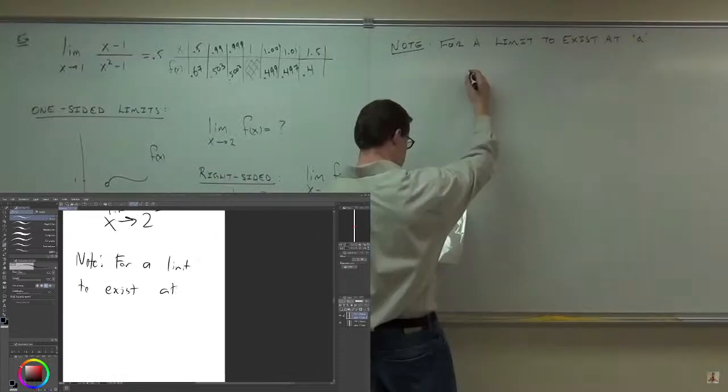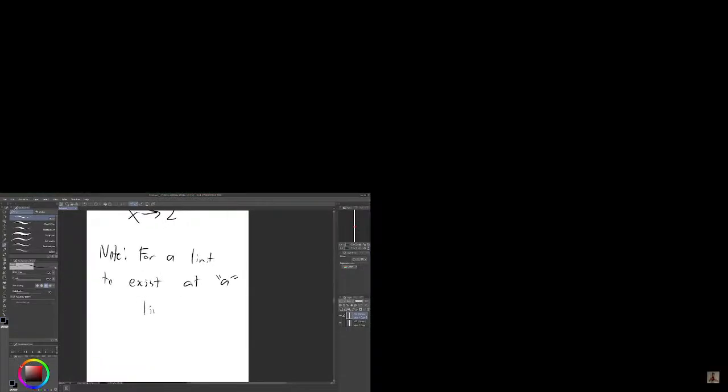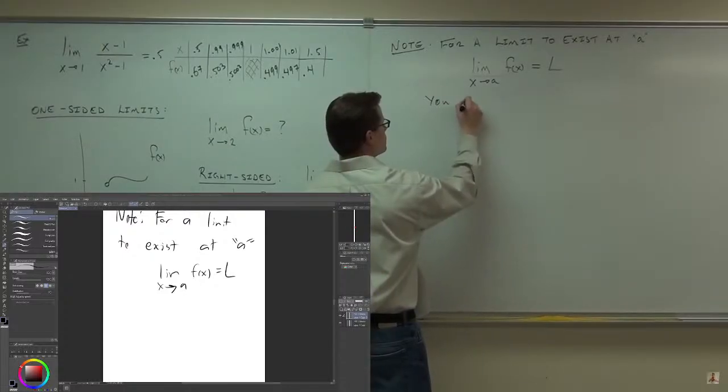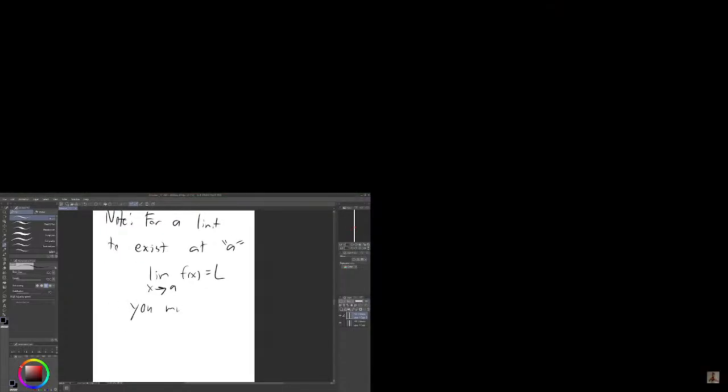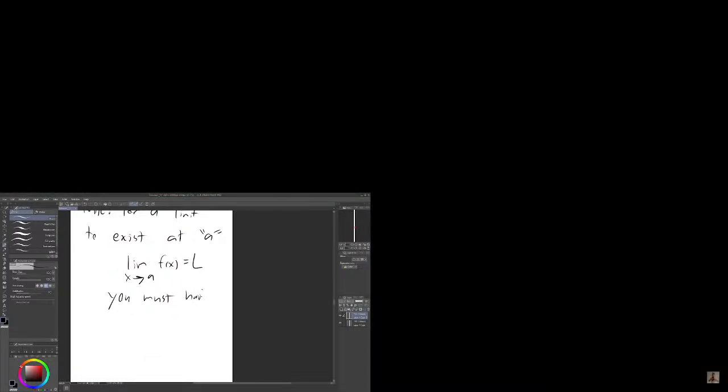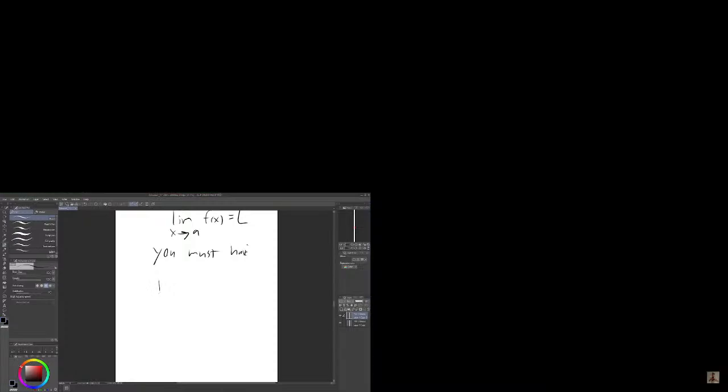For a limit to exist at a, in other words, for you to be able to say the limit as x approaches a is some number, you must have this: the limit of f of x as x approaches a from the left must be equal to the limit